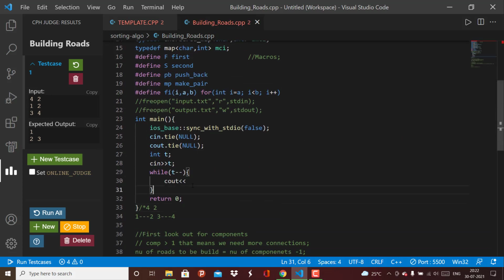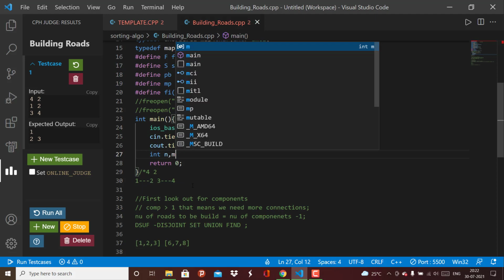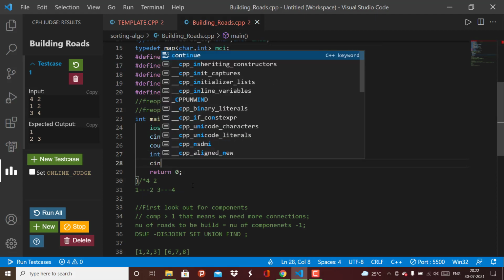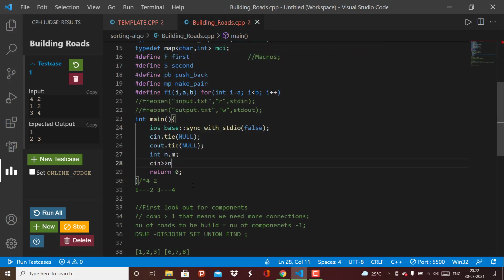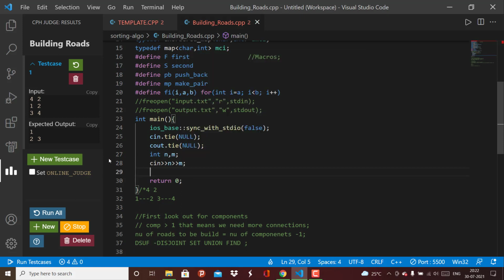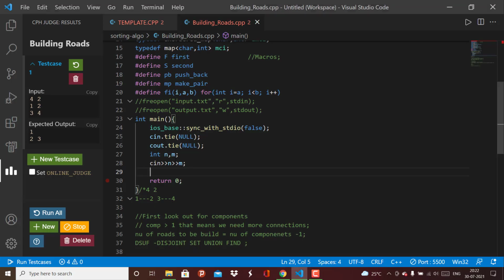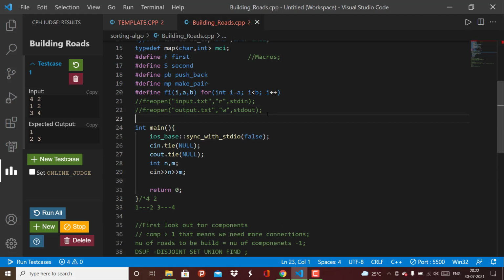So the first thing that we need to do is take two inputs, n comma m, then we'll take the input. So what are the constraints? It is 10 power 5. So let us form a parent array.